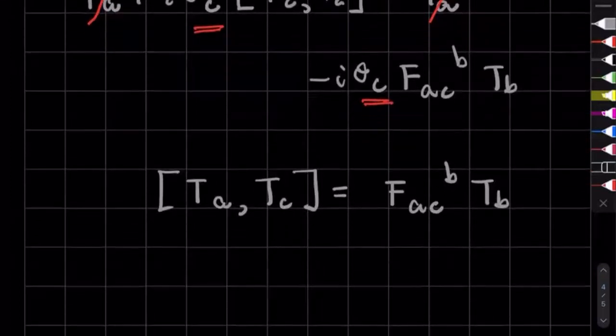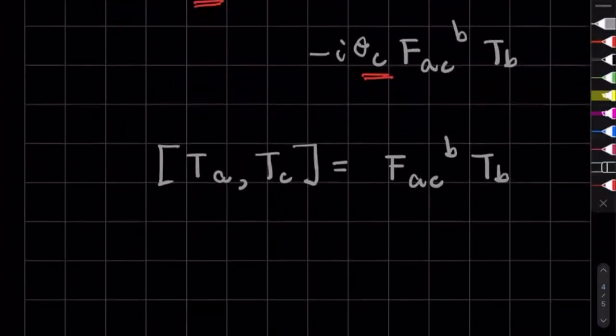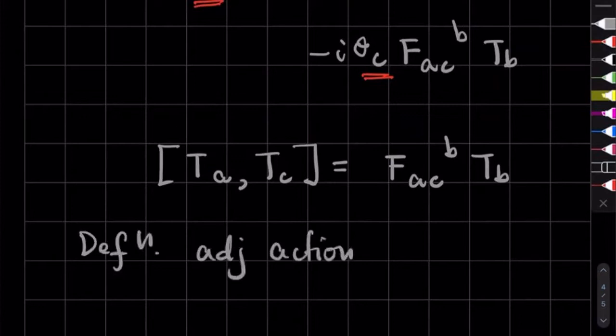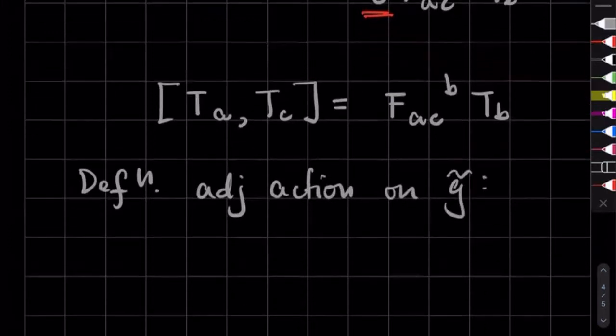So if you want, we can now define another action, the adjoint action. So we can define the small adjoint action on G tilde. And so it's an action of the Lie algebra on itself. The adjoint action of T of A on T of C is given by